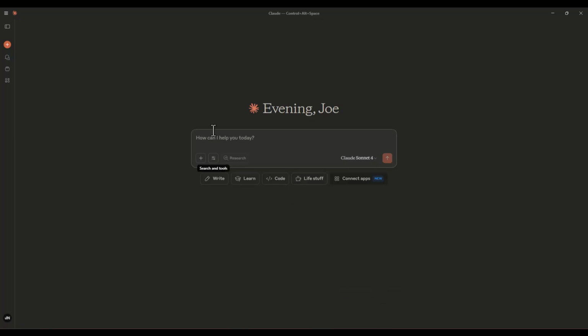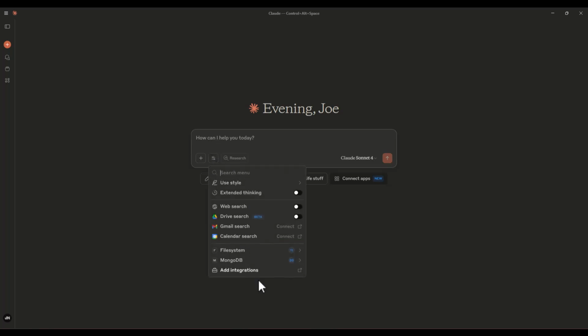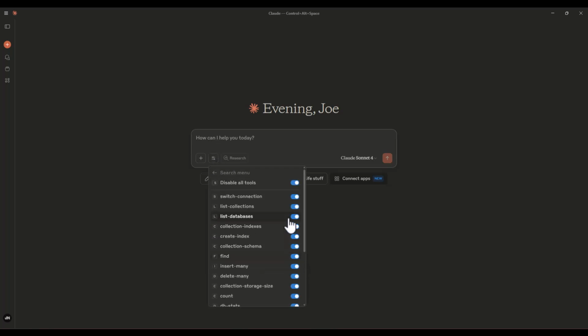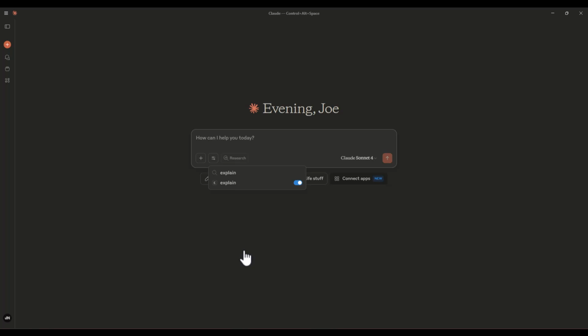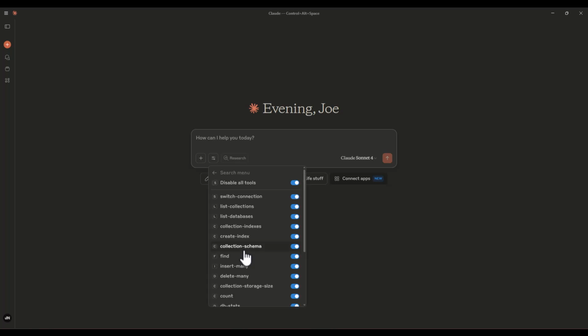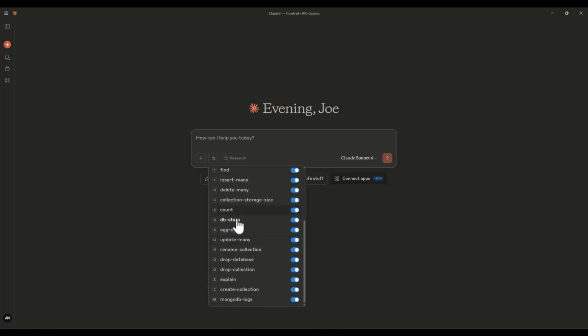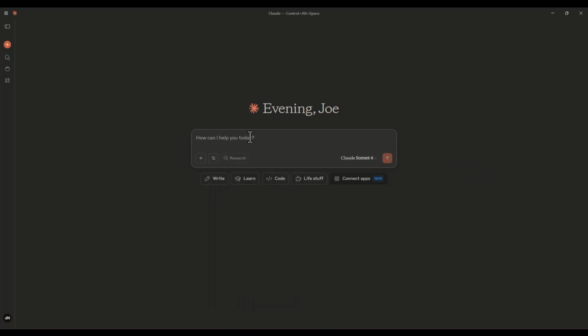I'll come back over here, and I'll go to this option here where I can look at the tools available with MongoDB. So I can see from that tool list that I've got things that will help me with diagnostics. So for example, explain, and also DB stats. So what I can do right now is